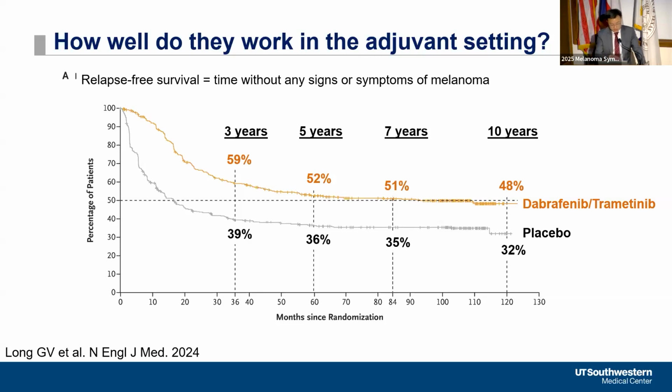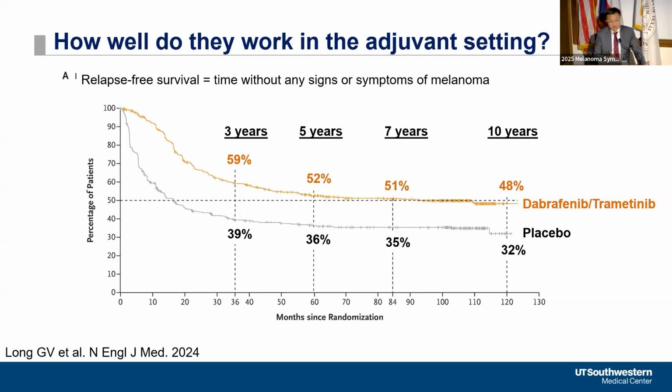What we're looking at here is a little complicated, but on the y-axis is the percentage of patients, and on the x-axis going across is just time. This is from a study where patients either received dabrafenib and trametinib after surgery, or they received a placebo. And what we're seeing here is after 3 years, about 60% of the patients that had dabrafenib and trametinib were still relapse-free, meaning their cancer didn't come back, compared to the patients that got placebo, which was about